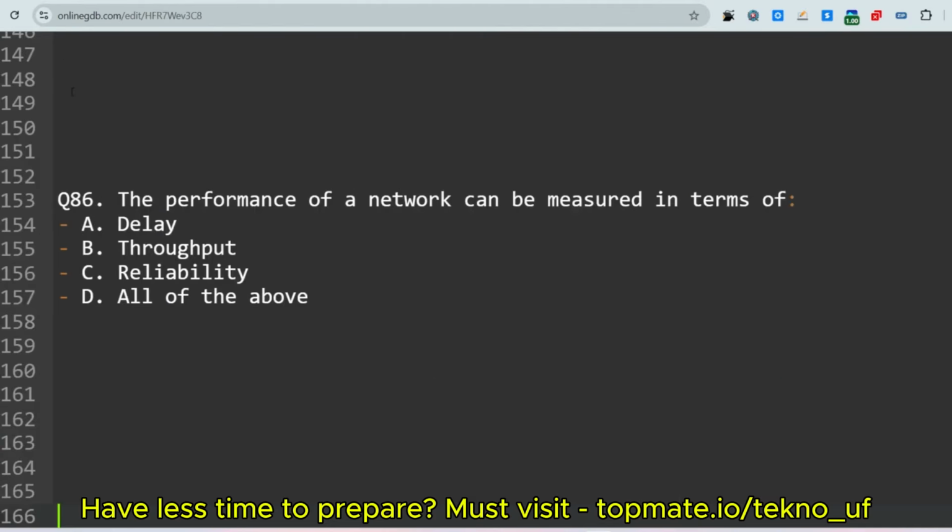Okay, so actually here the correct answer will be option A. Okay, so let me just skip the explanation. So before that, I'll go to the coding part right now.